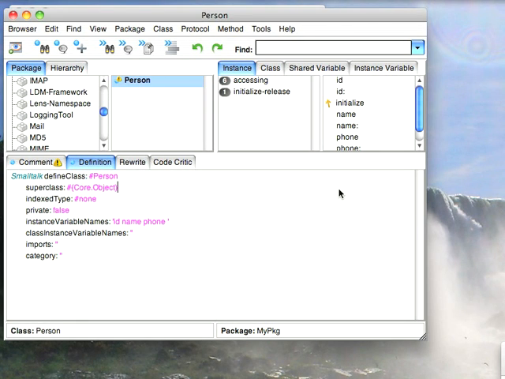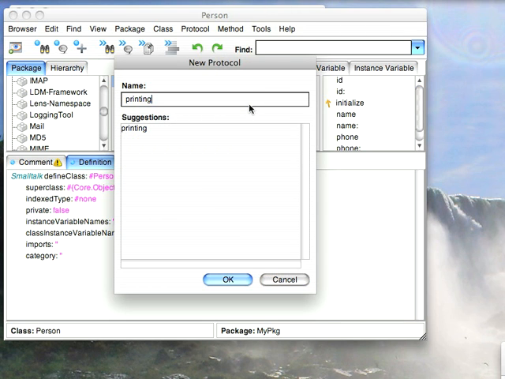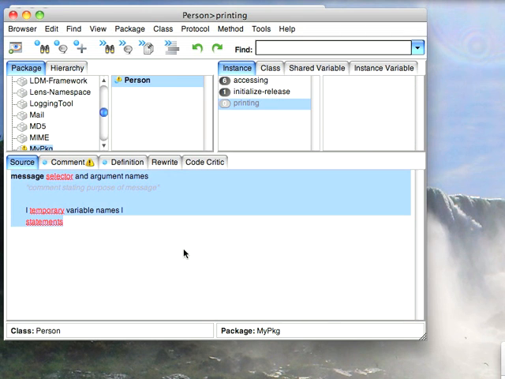This morning I wanted to go over the concept of overriding, and overriding means really two different things in the context of Smalltalk. I'll give you two examples here. One, let's create a new method in a category called printing. We have our class Person. I'm going to create a method called